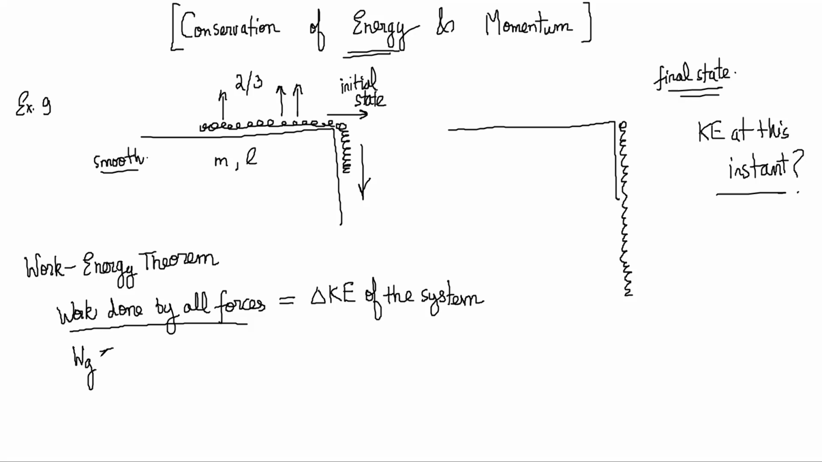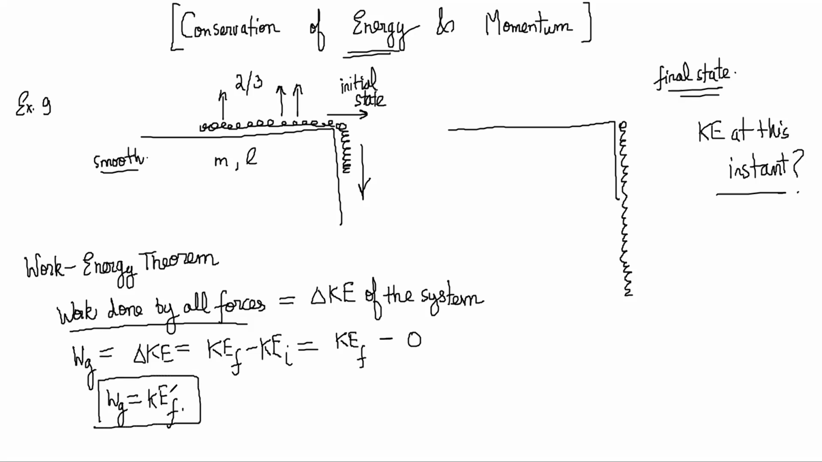So work done by gravity is equal to the change in kinetic energy, final minus initial. The final kinetic energy is what is being asked, and the initial was zero, right? So you have to find the work done by gravity. That's all. Now, in this chapter again, there is the idea of